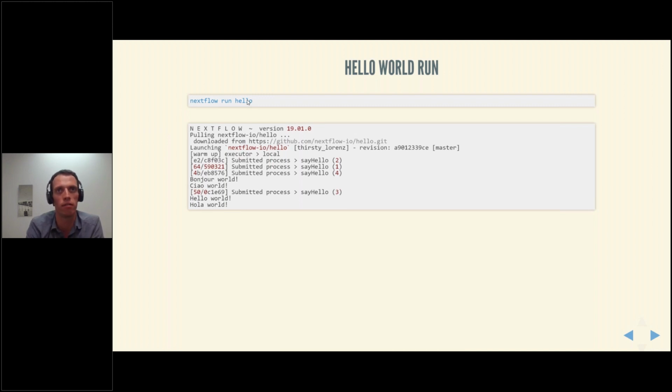And again, if Nextflow is linked to your own repository, then it would look in your GitHub repository first. If it doesn't find hello there, it goes to Nextflow.io. It pulls the script that we just saw from there and executes it.